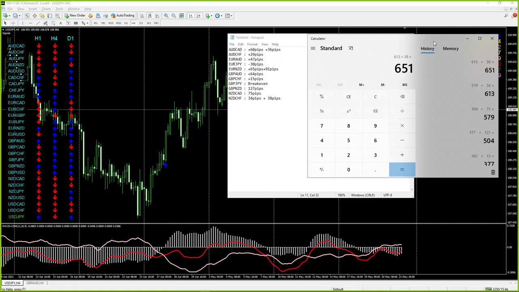So if you guys manage to enter all the signals that we got, it's 651 pips for this week. However, on USD JPY, it's still a floating trade. And most of the trades that we got for this week are all positive. One break even, one floating loss, and 1, 2, 3, 4, 5, 6, 7, 8, 9, 10, 11, 12 positive